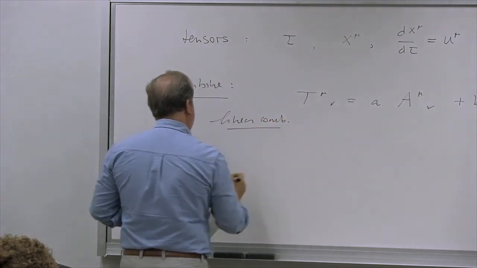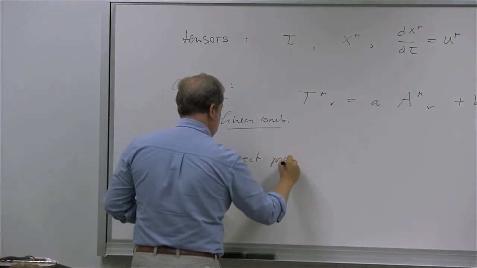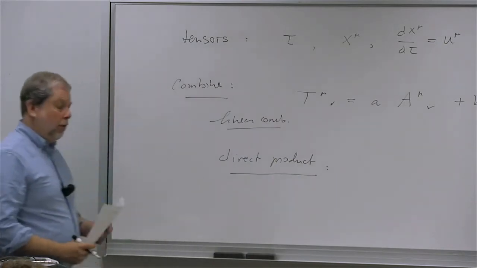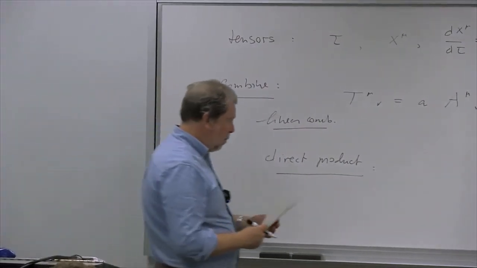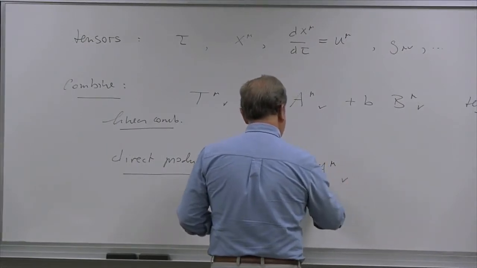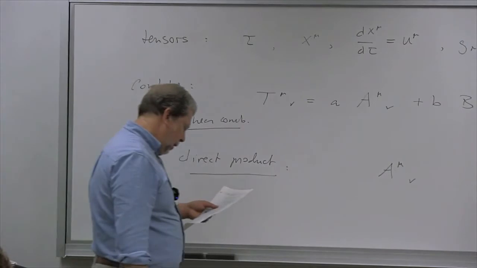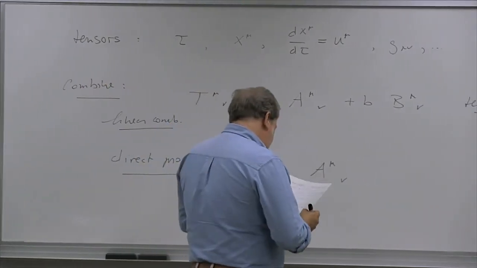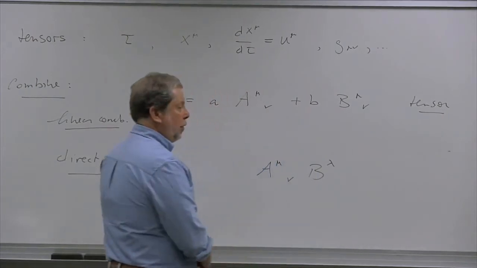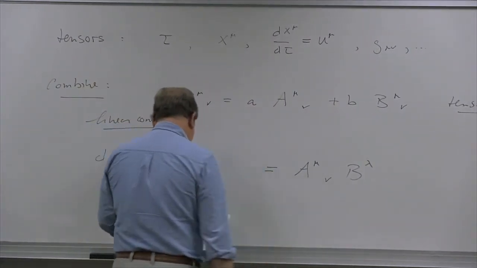Linear combination will work. A direct product will work too. Take a direct product. So if you know that something is a tensor, for example, A mu nu, if you know that this thing is a tensor, right? And if you know that capital B lambda is also a tensor, in this case a contravariant one, then when you construct the three-index object,